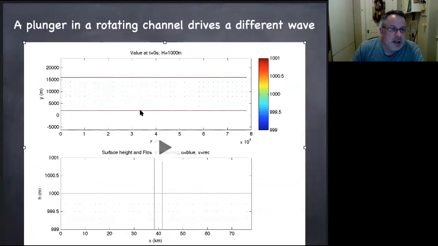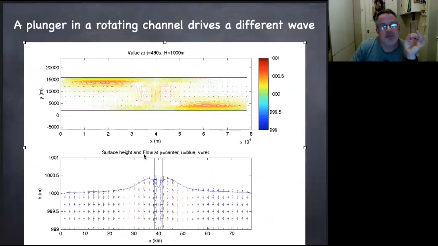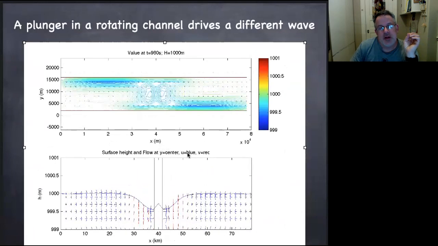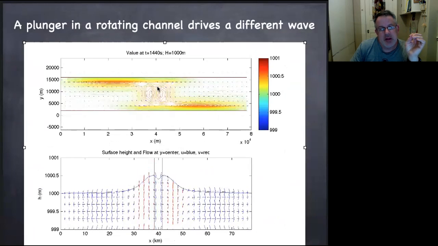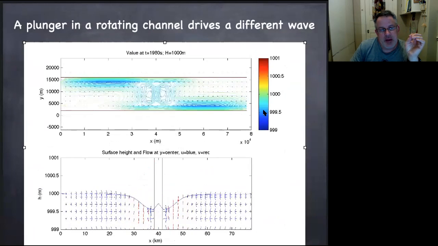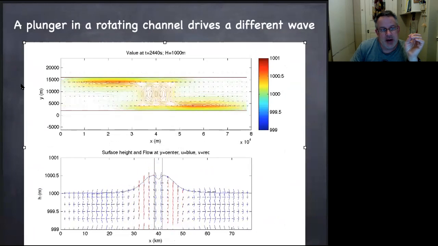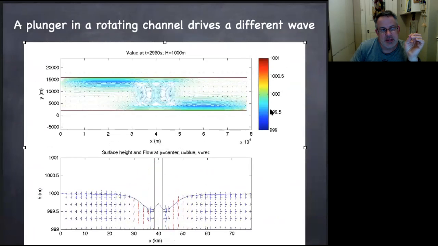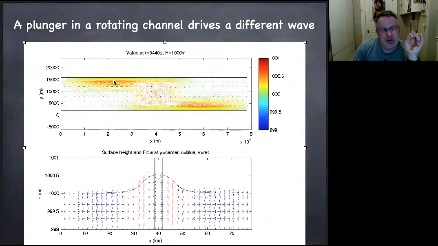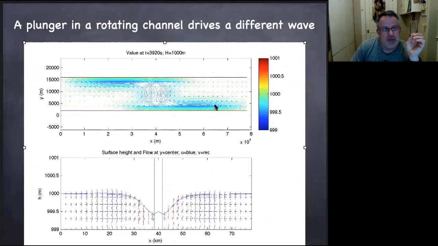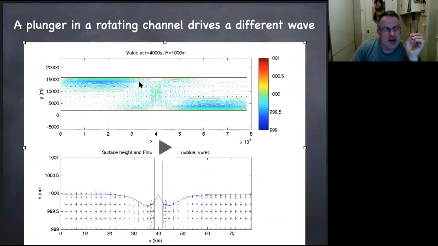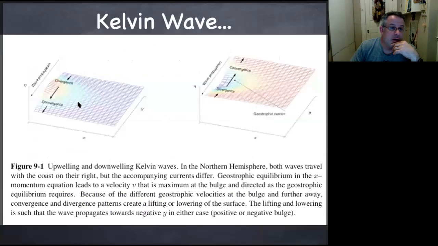Here's what happens if you do that same periodic pulsing where the rotation rate is rapid. You see that you're propagating with the wave, with the coastline on the right. It doesn't matter whether you're a sea surface high or a sea surface low. You're propagating with the coastline on the right. If you could look more closely at these arrows, you would see that pattern of converging and diverging in advance and behind that we just saw in the schematic here.